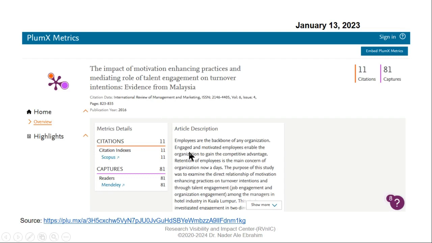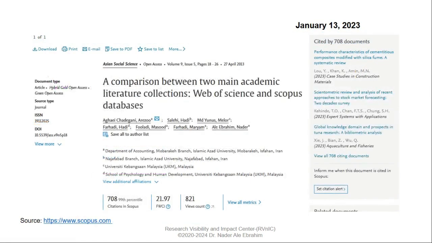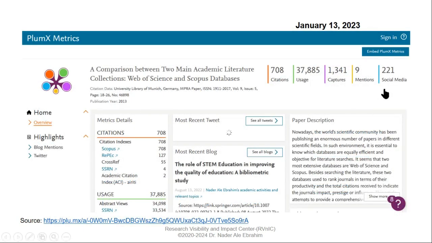Okay, I show you one example from my side. The field weighted citation impact is 21, close to 22, which means 21 times the average citation. It received a lot of citations because of a lot of views. And if you compare the Plum metric from my side with yours, you can see a lot of usage.